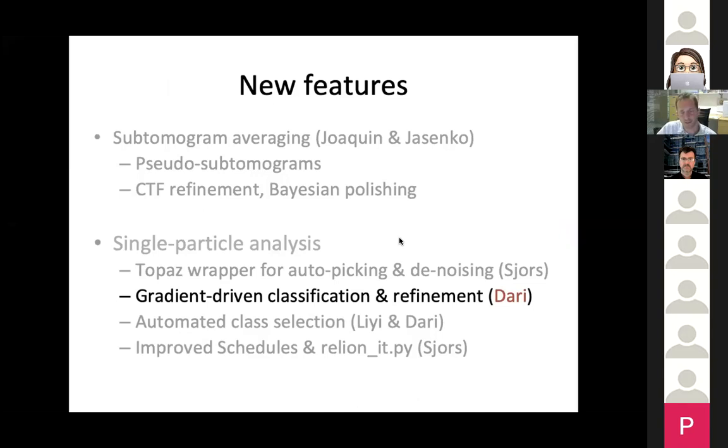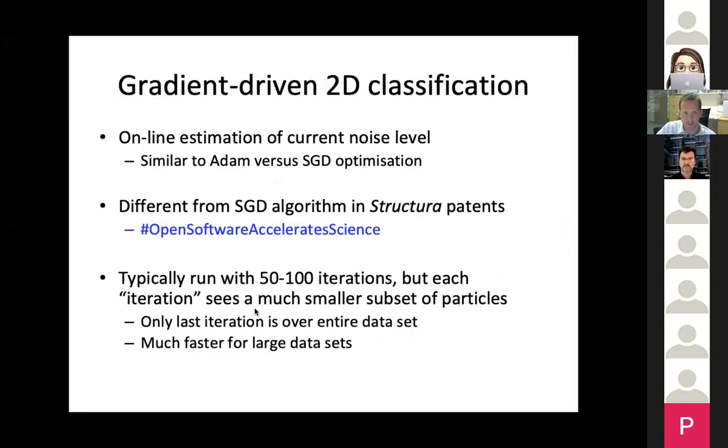Then Dari Kimanius, one of the students from Erik Lindahl who did the GPU acceleration, then became a postdoc with us, and he developed a new gradient-driven algorithm for both classification and refinement. Now, this kind of compares with stochastic gradient descent optimization as Adam compares to SGD. So there's an online estimation of the current noise level, and you get the second moment of optimization involved in